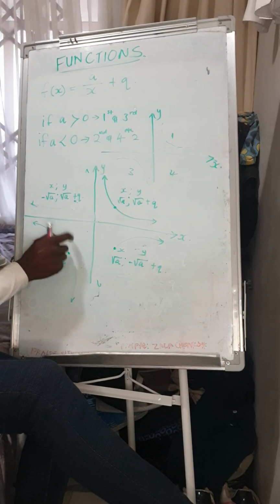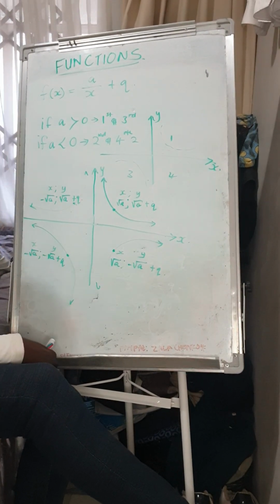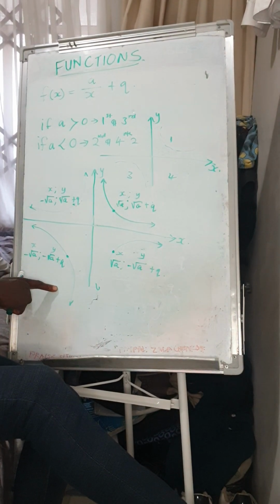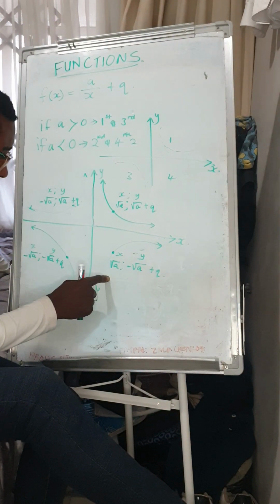And then when you come to quadrant 3, you'll notice that X is negative as well as Y is negative. Hence we have negative root of A and a negative root of A as well. I think that should be making a little sense. And then when you come this side,